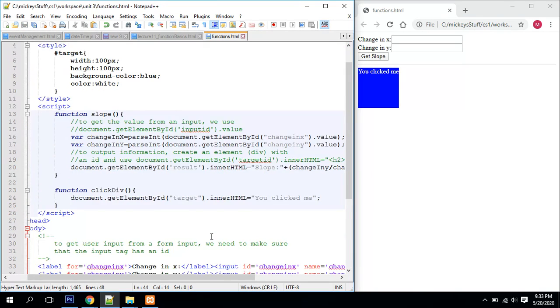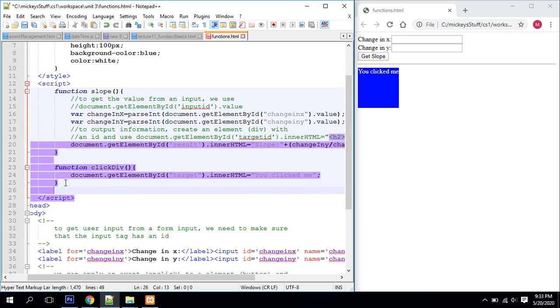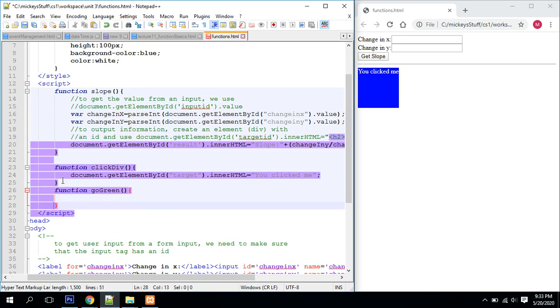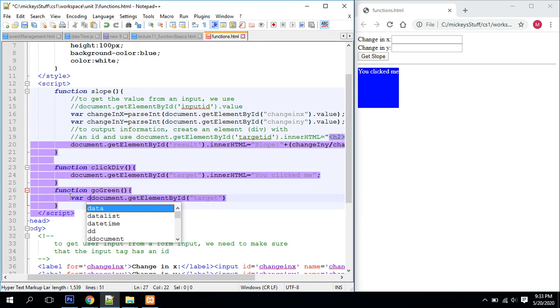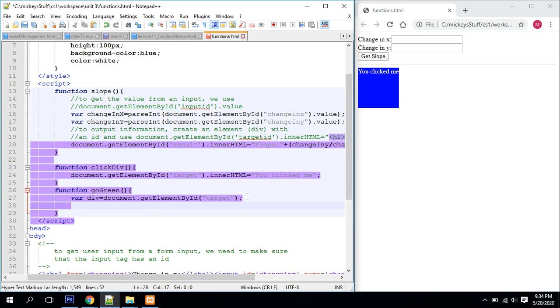And so up here, I've got to write that function now. goGreen, and in there again, I'm going to get the thing document.getElementById target. And this time I'm going to store it in a variable. So the variable div is equal to document.getElementById target. And now what I'm going to do is I'm going to say div dot style dot